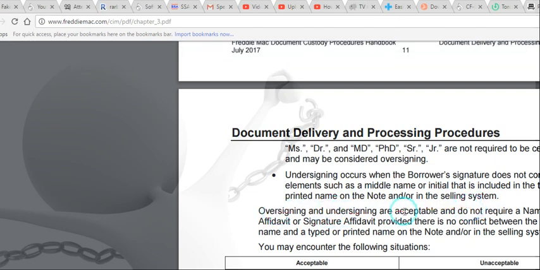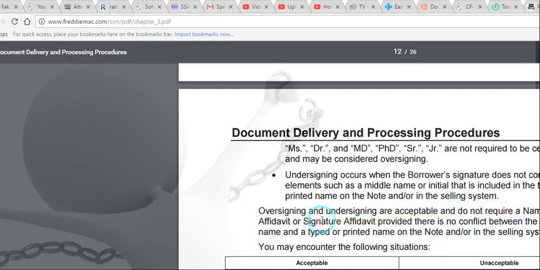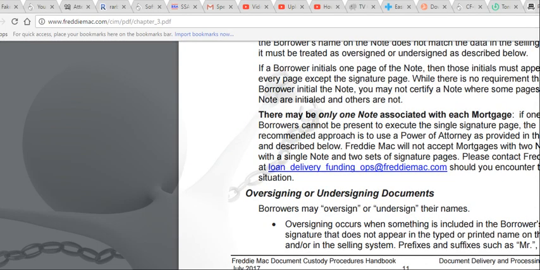Oversigning or undersigning are acceptable and do not require a name affidavit or signature affidavit. So let's find out what oversigning is, because that's what they're going to claim. Oversigning: the borrower may oversign or undersign their names. Oversigning occurs when something is included in the borrower's signature that does not appear in the type or printed name